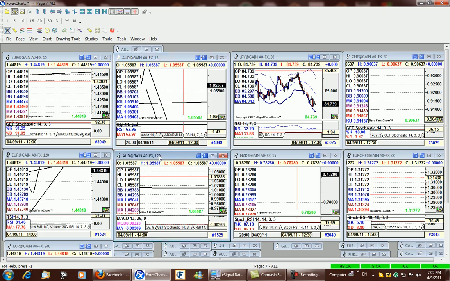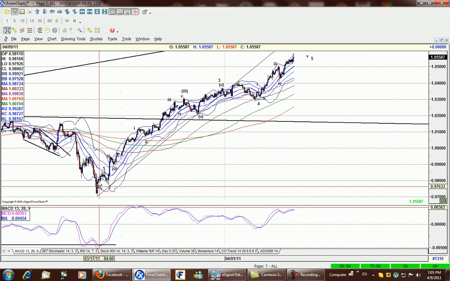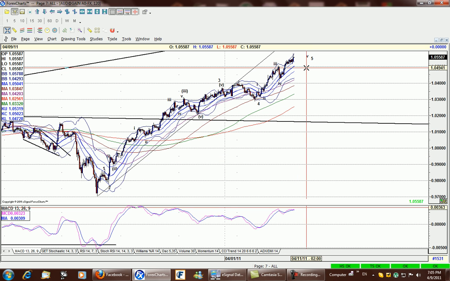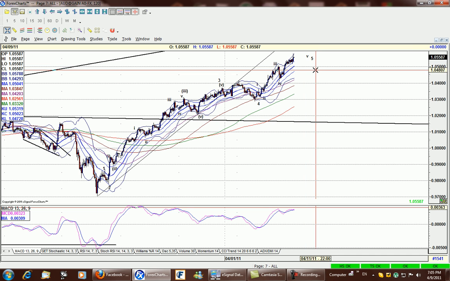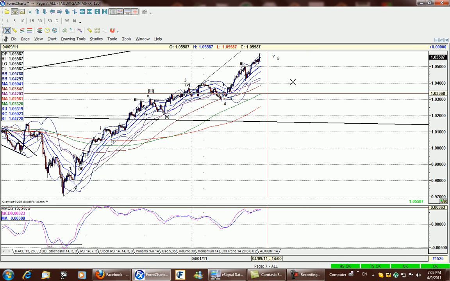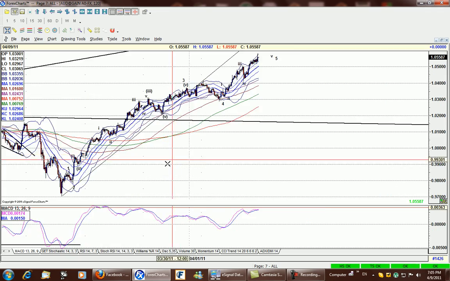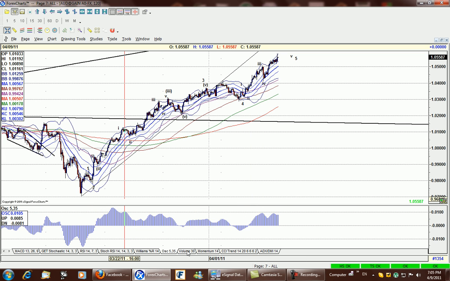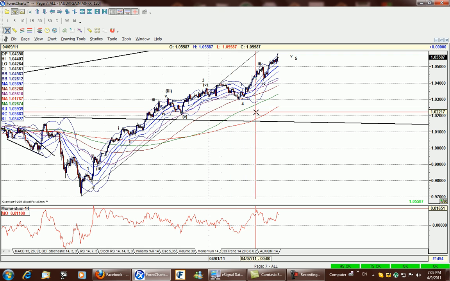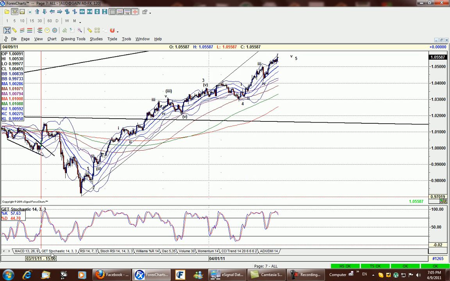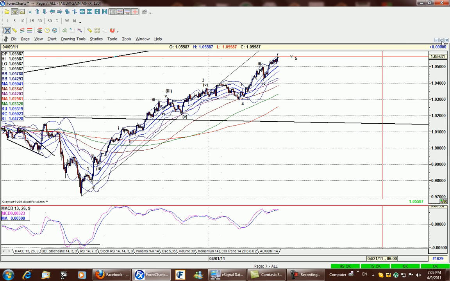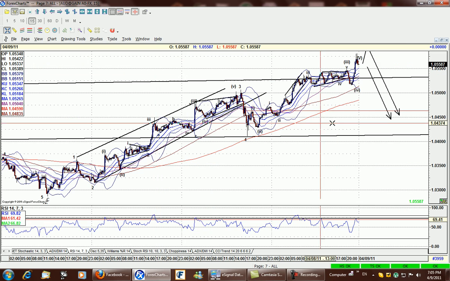Going into the 2 hour chart, Aussie, very clear 5 waves up from the bottom, 1, 2, 1, 2, 3, 4, 5, 4, 5, and I believe we are almost at the top of this advance here. We can already see some divergence here on the stochastics, the momentum from the high on this last push higher, a crossover in the stochastics here, and a MACD divergence as well. So we might be very near a short-term, at least a short-term top.